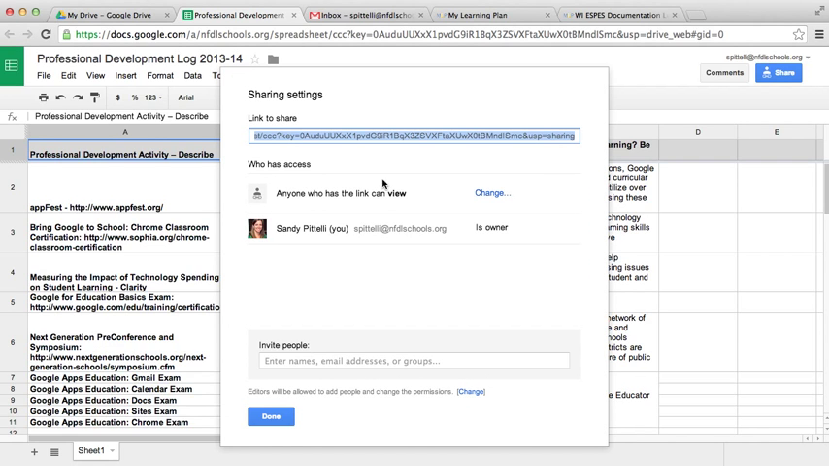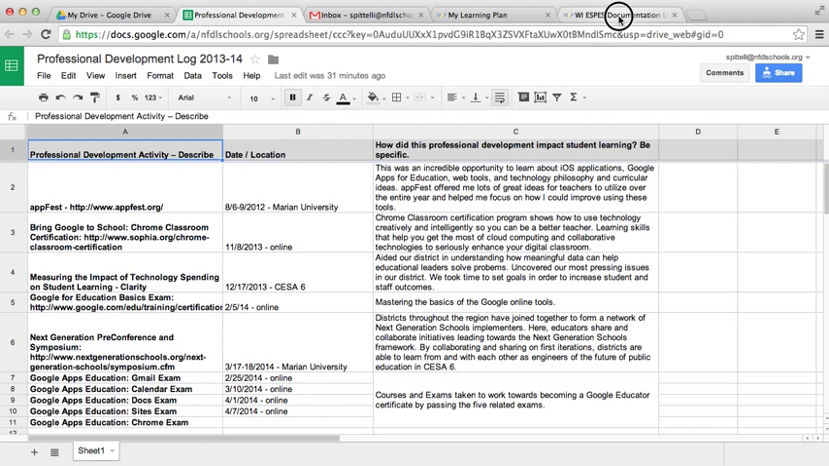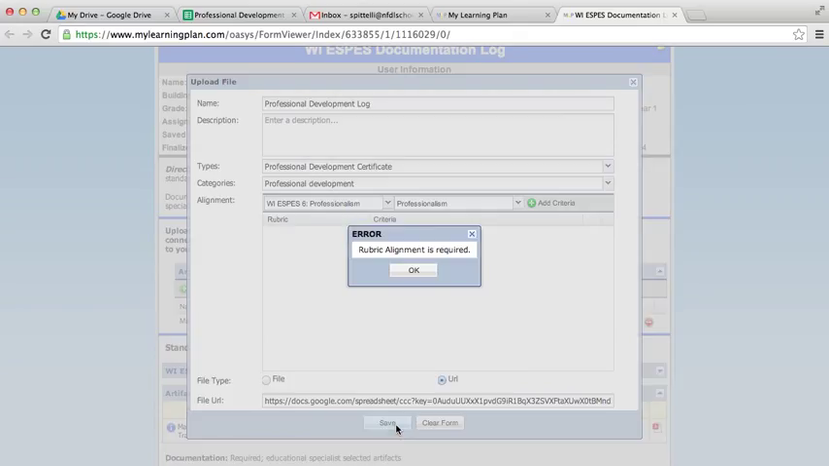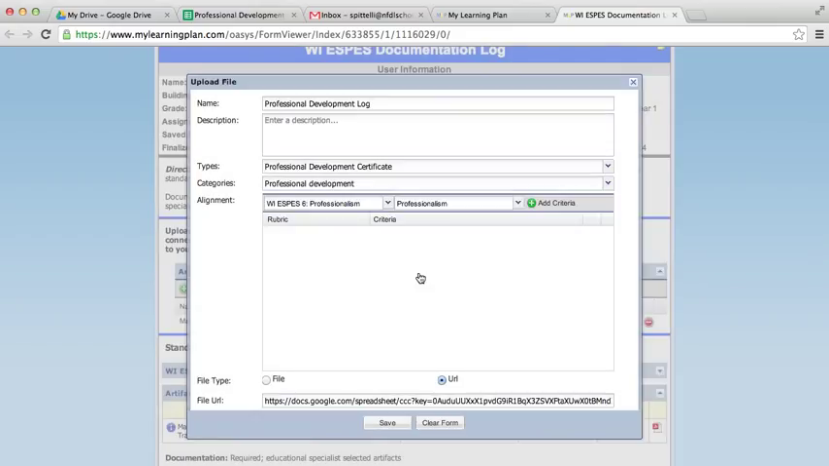All right, so now it's right there. All you need to do is copy this link right here where it says link to share. So I'm going to copy it, hit done so it saves. Go back into here and paste the URL that I just copied. Going to save that. Rubric alignment is required. Oh, I didn't add my criteria. This is good because it tells you if you didn't do it. All right, so I've put in my criteria, save,